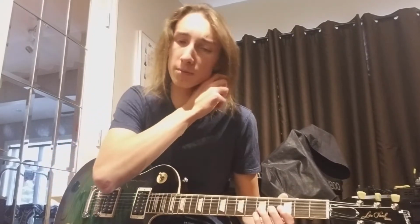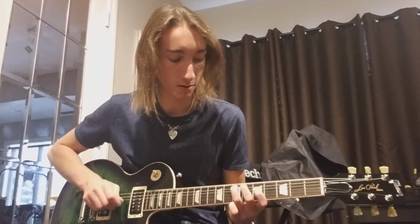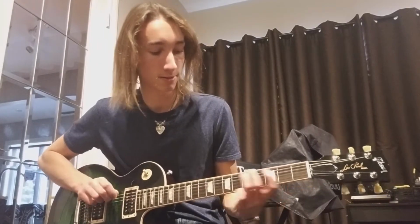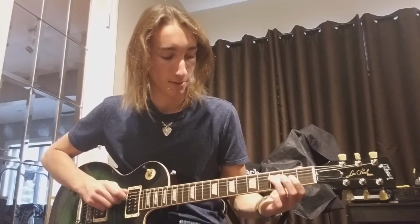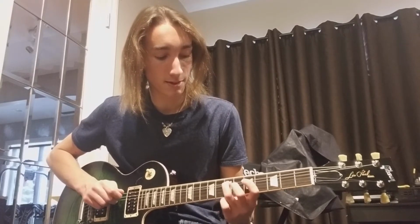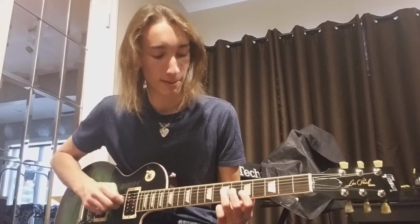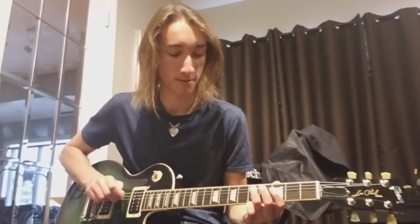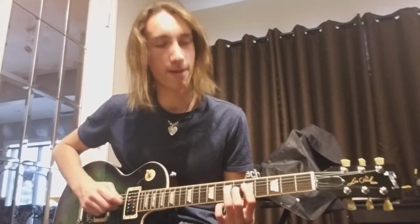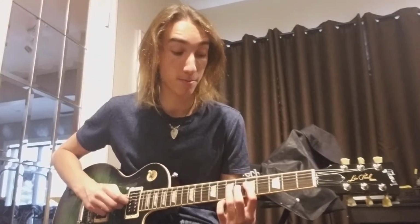He does that a couple times through, and then to finish it off, he goes on the A string, 5th fret, slides to the 7th, and then plays 5th fret on the D string, 7th fret on the A string, and then 5th fret on the G string, 7th fret on the D string, and then pull off, hammer on, so 7th fret to 5th fret on the D string, and then back to 7th fret,